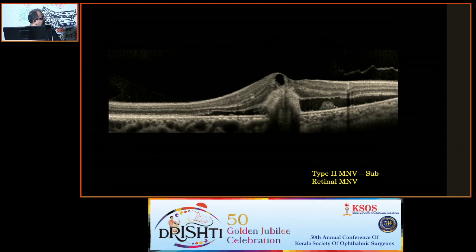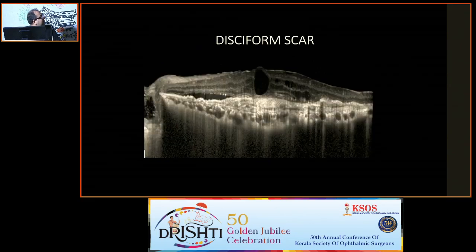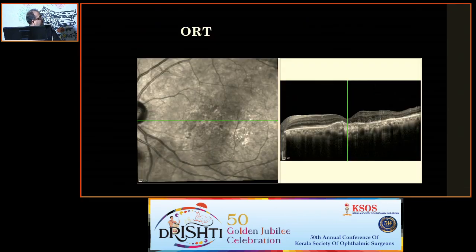This is another patient which has a type 2 or a subretinal or the classic macular neovascularization, in which you can see the 9 layers of the neurosensory retina being lifted up by a serous macular detachment and the choroidal neovascular membrane sitting there. This is a disciform scar, which is the end stage of any form of ARMD, and